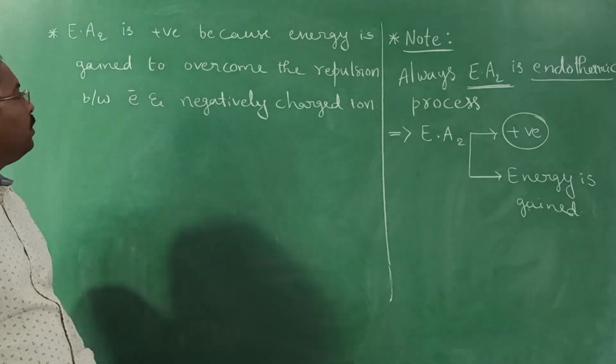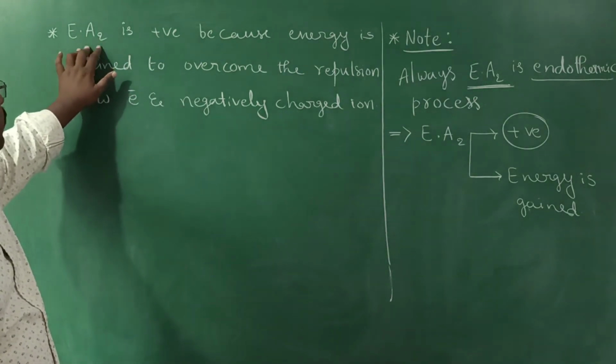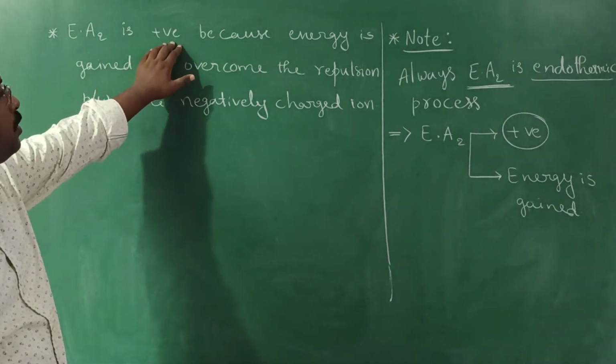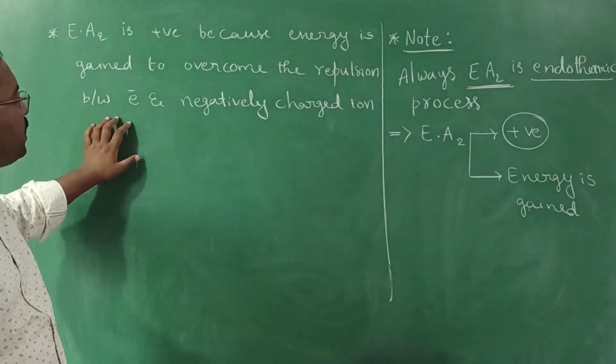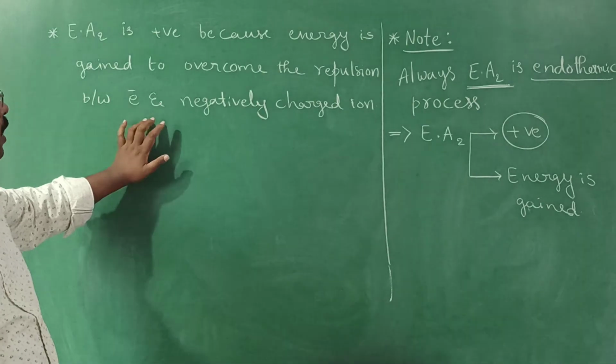Second electron affinity value is always positive because the energy is gained to overcome the repulsions between the electron and the